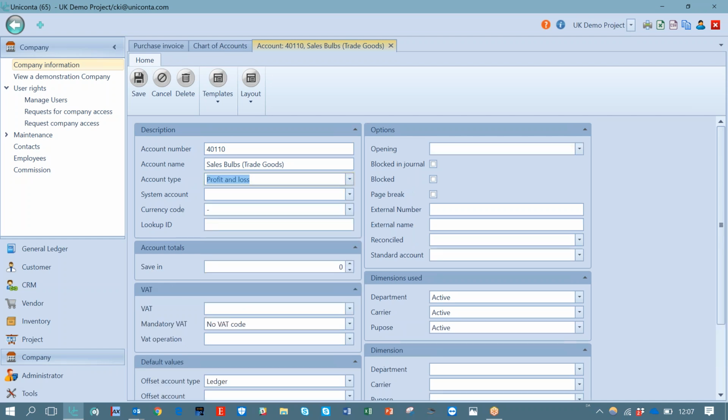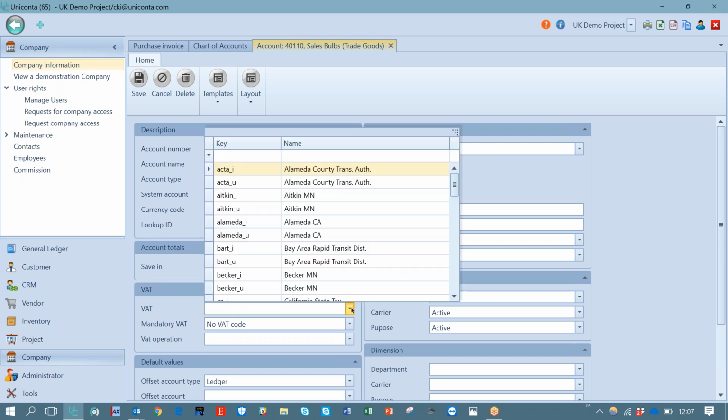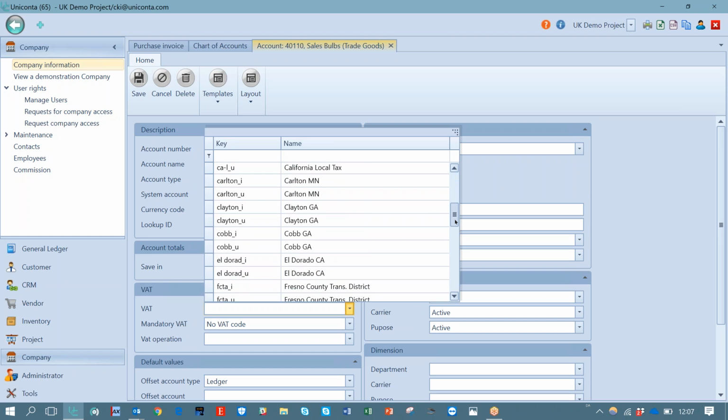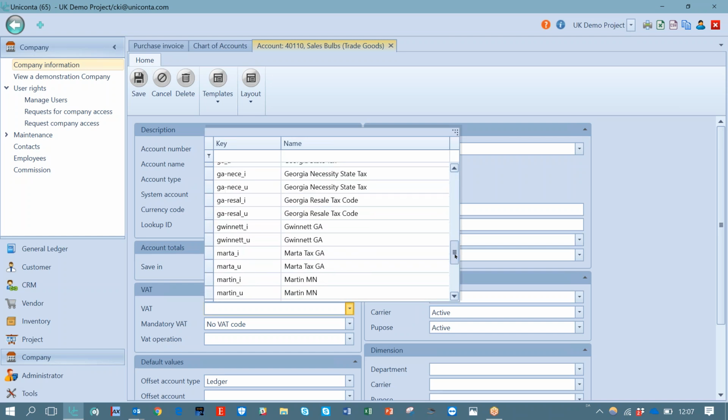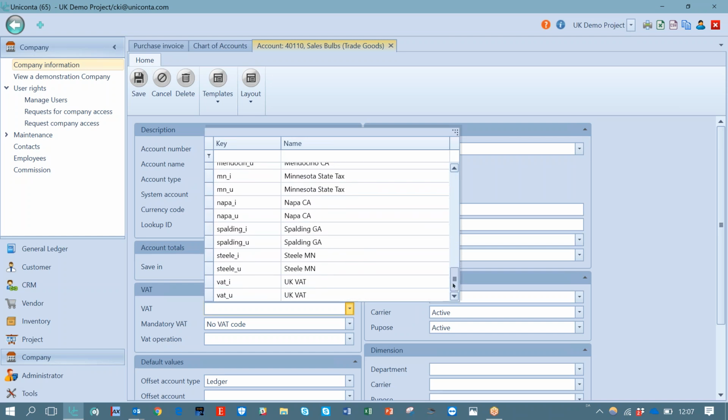Profit and loss. Good. Then, of course, we have the VAT down here, and I will go a little further into that. But the important thing here is, of course, that you select the right one of the VAT which you have set up. I'll go a little further into it because you can see this one is actually quite heavy, but we have